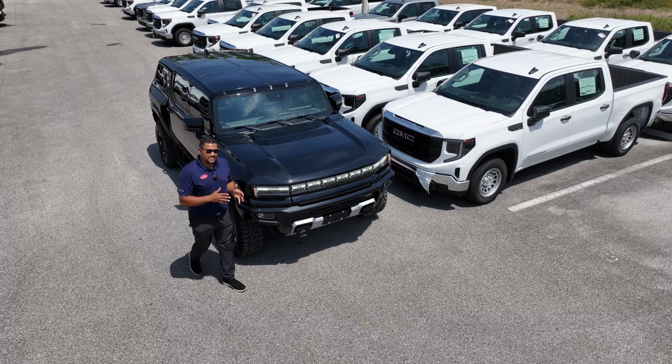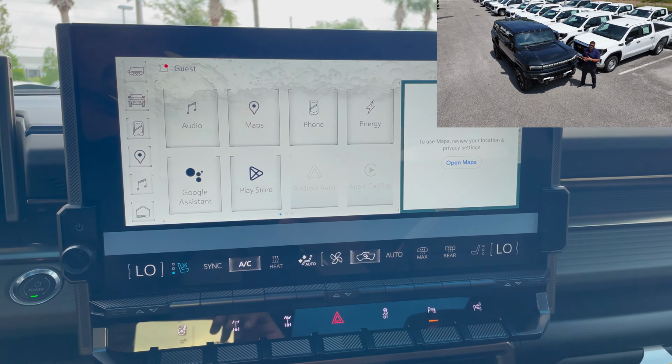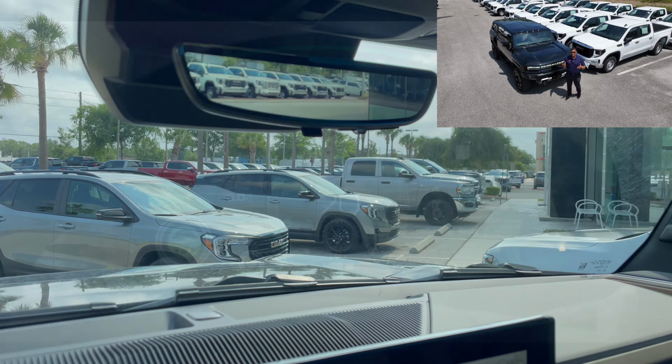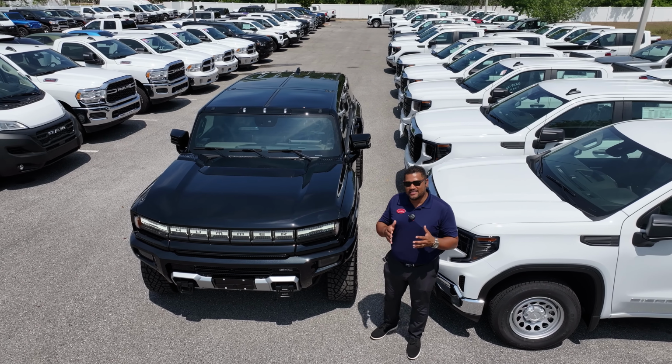You're going to enjoy the tech that this Hummer EV brings, like the Bose premium audio system, the 13.4-inch digital touchscreen infotainment system with wireless Apple CarPlay and Android Auto, the digital rearview mirror, and of course, the hands-free Super Cruise. It doesn't take knowing everything about the Hummer EV to fall in love with it, but it does take